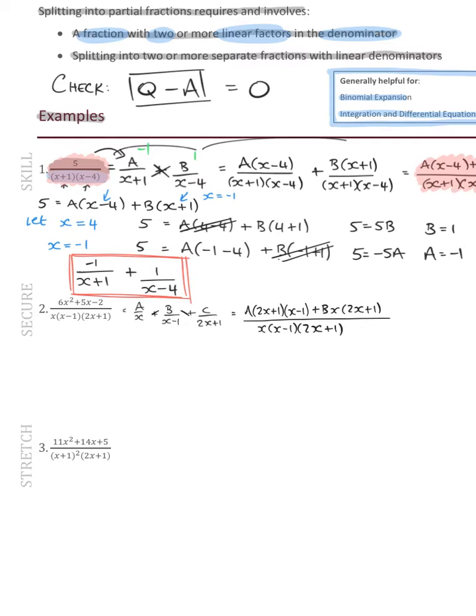And then c is going to be across these two. And then again, we want to be able to work that out methodically, so we can do it even if we have forgotten the exact process. So now I have that equals this. And because they share a common denominator, I can write this as 6x squared plus 5x minus 2 equals